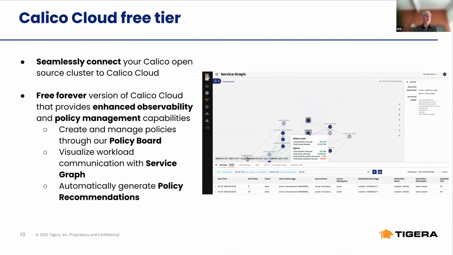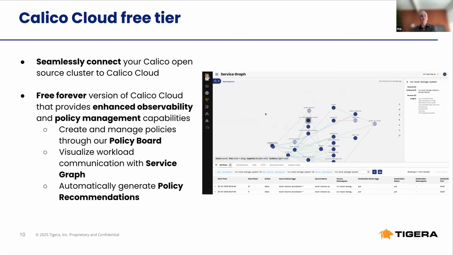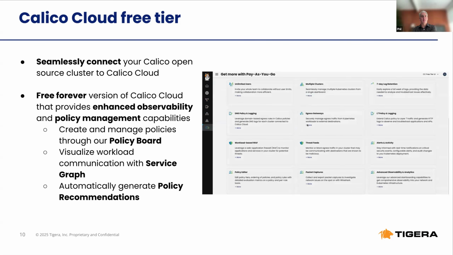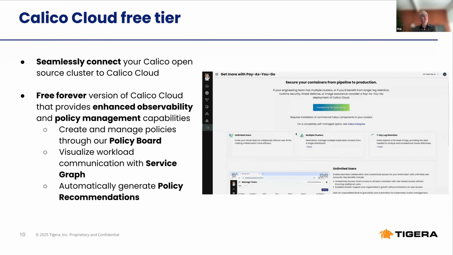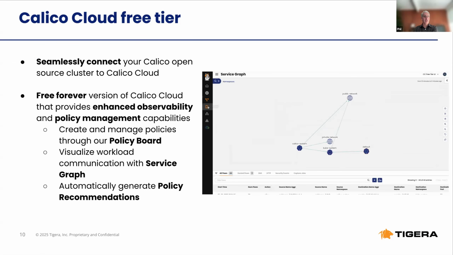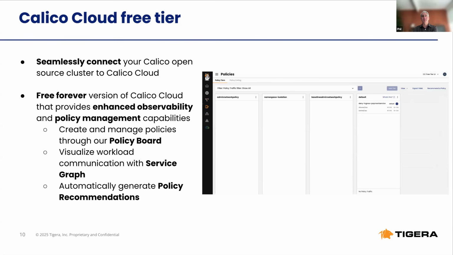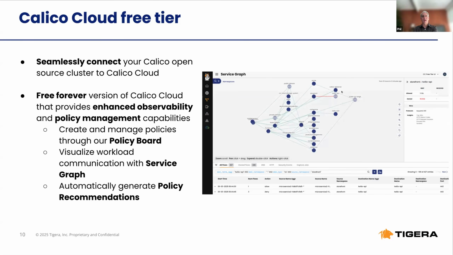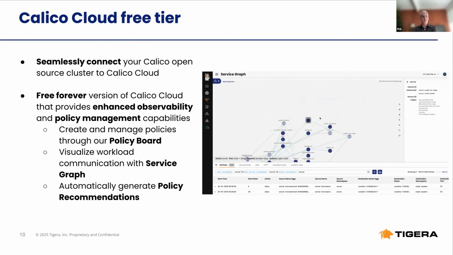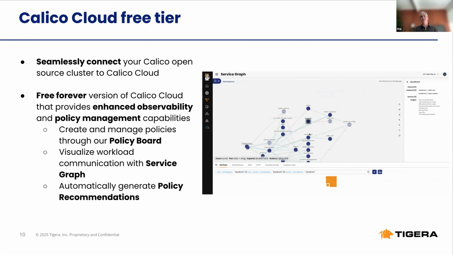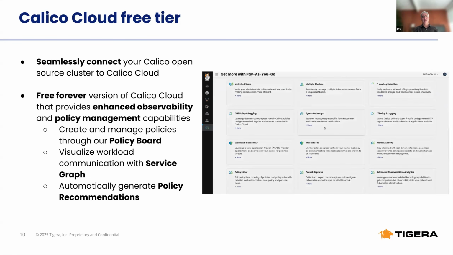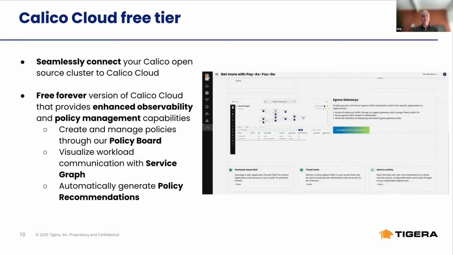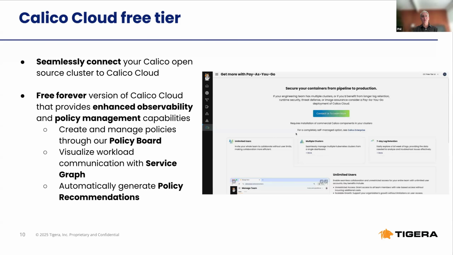So it goes even further with some of the things that you might want to do with observability and policy management. We include something called the policy board. So one of the things that Jen mentioned earlier in her demo was this notion of policy tiers. This is something that is really one of the unique features of Calico. It wasn't included in 3.30. It was included in our prior release, 3.29, and addresses a pretty significant issue for a lot of users, which